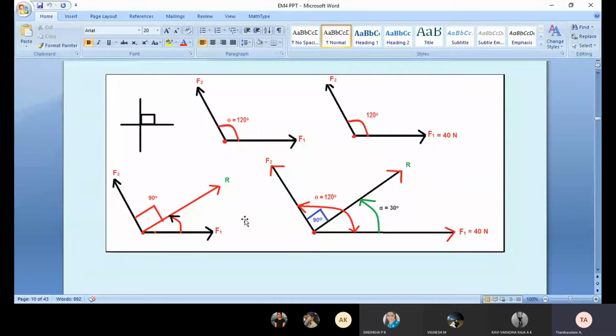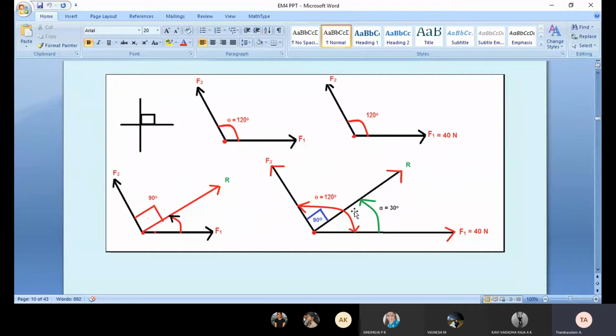Yeah. See, that's why I'm telling you this subject is mind and brain oriented. You don't memorize everything. Mind is thinking, brain is whether it is correct or not. You have three parts in your body: mind thinking, brain deciding whether correct or wrong, and your soul. So you have to think: the resultant is perpendicular to the smaller one, so I have written it. See, this explanation is not in your book. Understand? This explanation is not in your book.